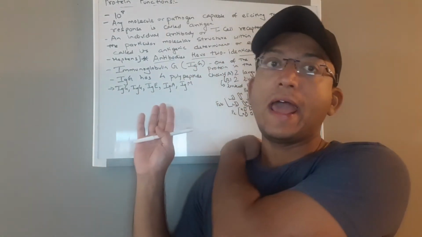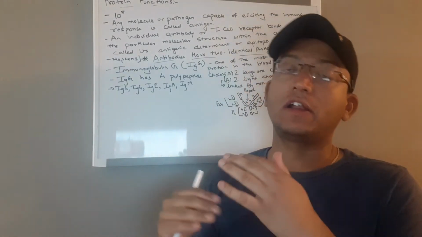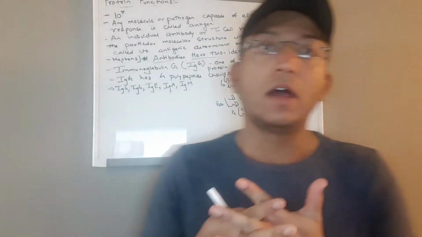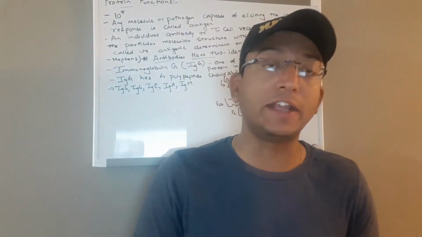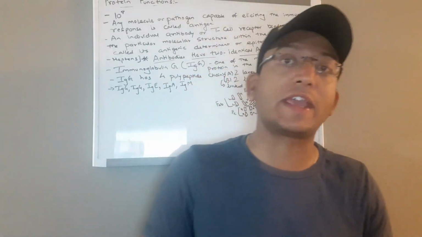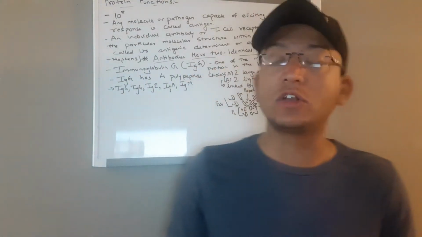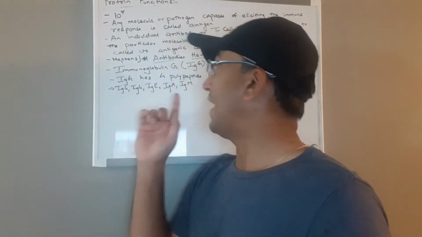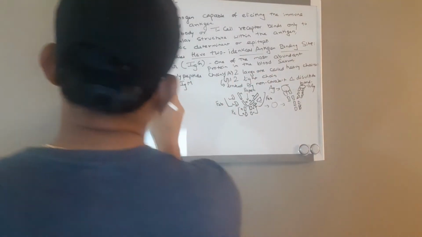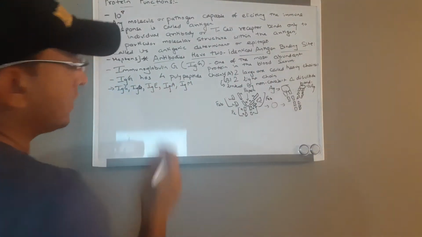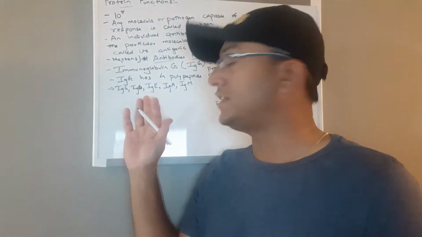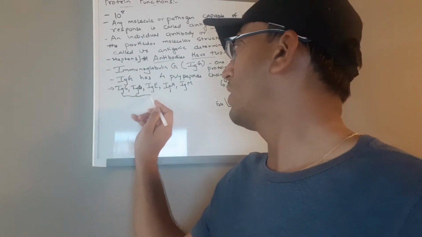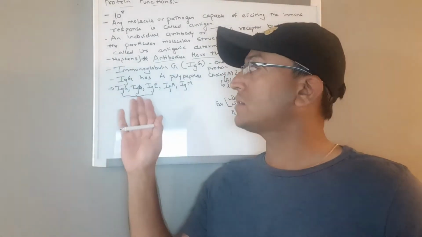All of these have a heavy chain. The heavy chains are represented, as I mentioned, by Greek symbols like alpha, gamma, mu. But the light chains are denoted only as kappa and lambda, and they occur in all of the classes of immunoglobulin. The overall structure of IgD and IgE is similar to IgG.